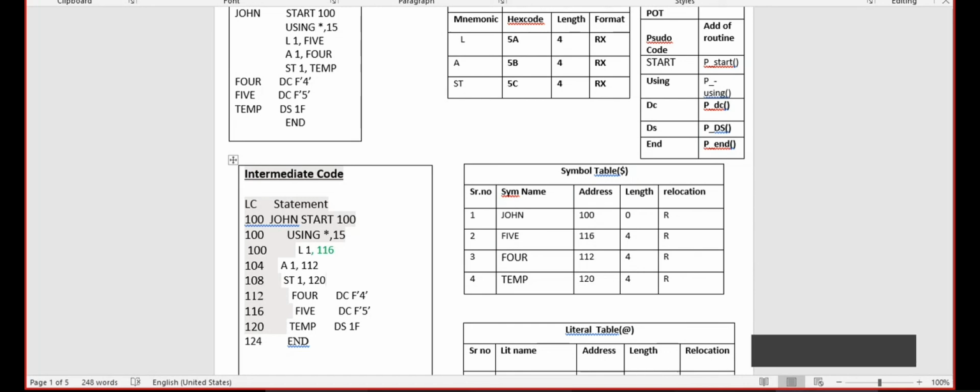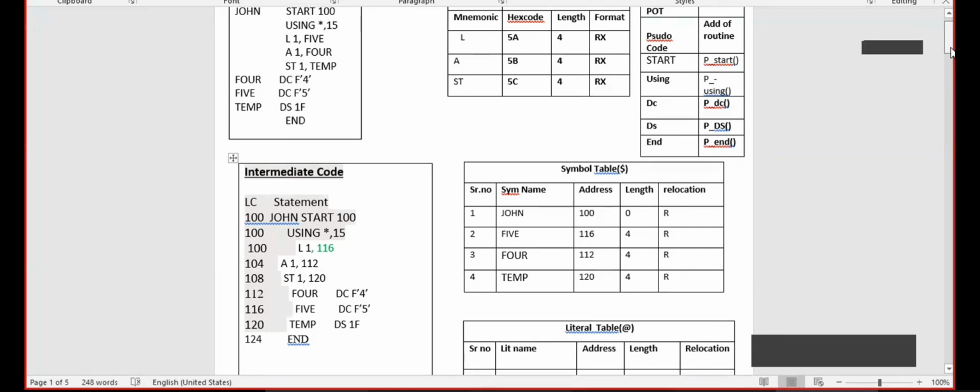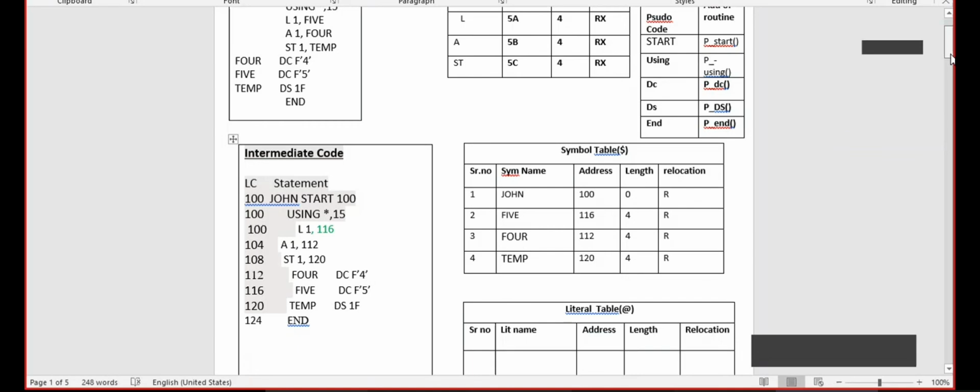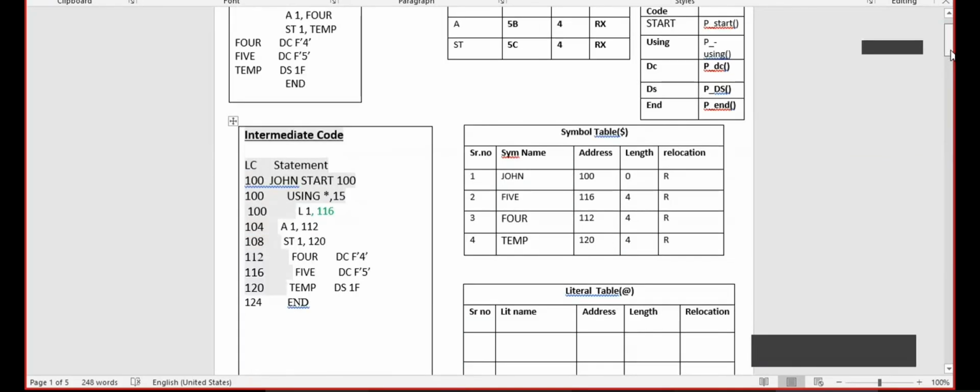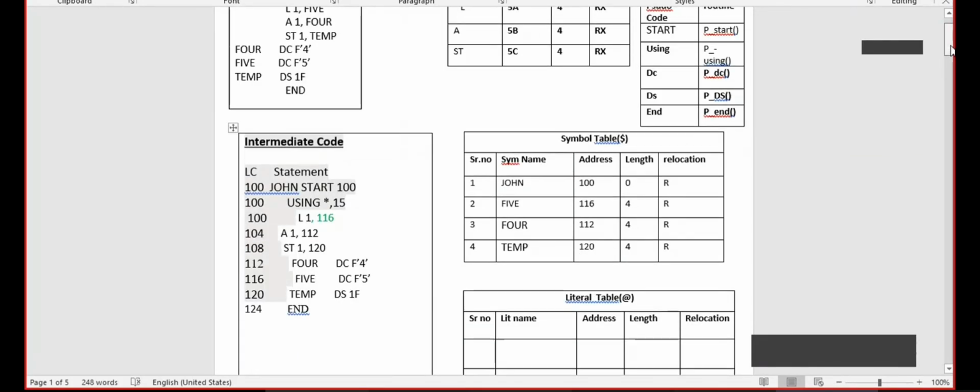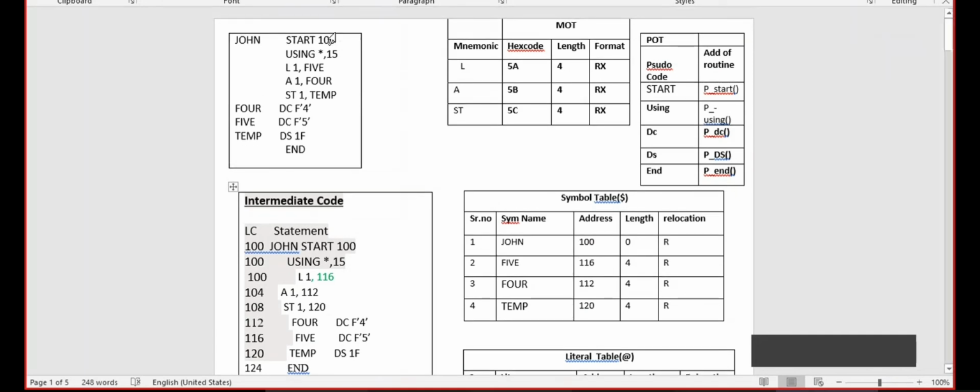Here there is no entry present in the literal table because no literal is available in the given assembly code. If anything is given, or any symbol starting with an equals to sign, suppose here =15 is given, in that case we can say this is a literal.